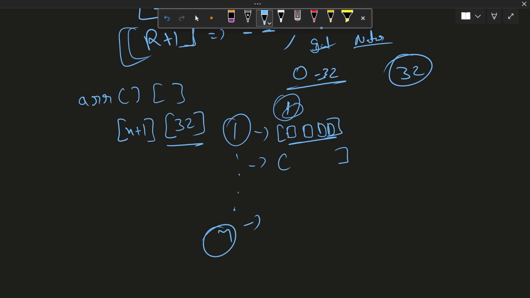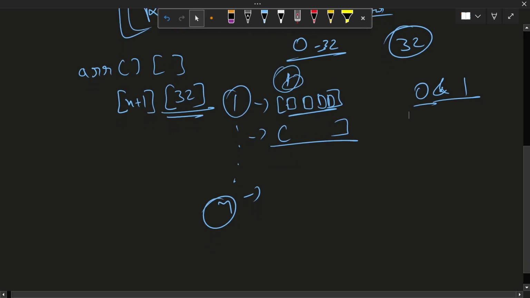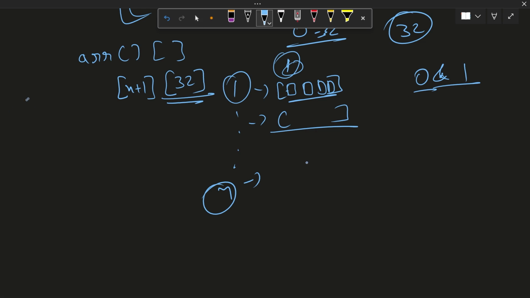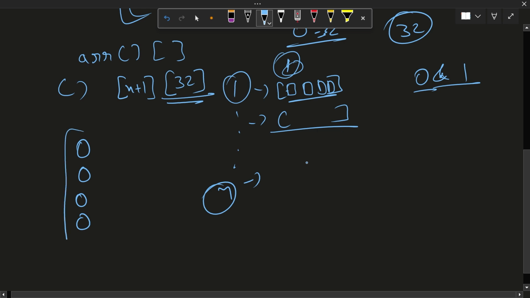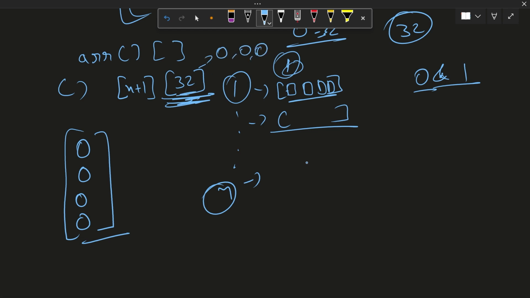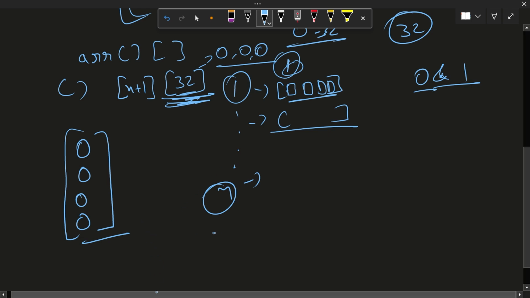So each array of size 32 will be containing zeros and ones, which will be representing the particular integer that will be there in the place of that index. Initially, as our array will be containing all the zeros, so we will initiate it with all the zeros, right? All the 32 bits will be 0, and when we will perform our first XOR operation,